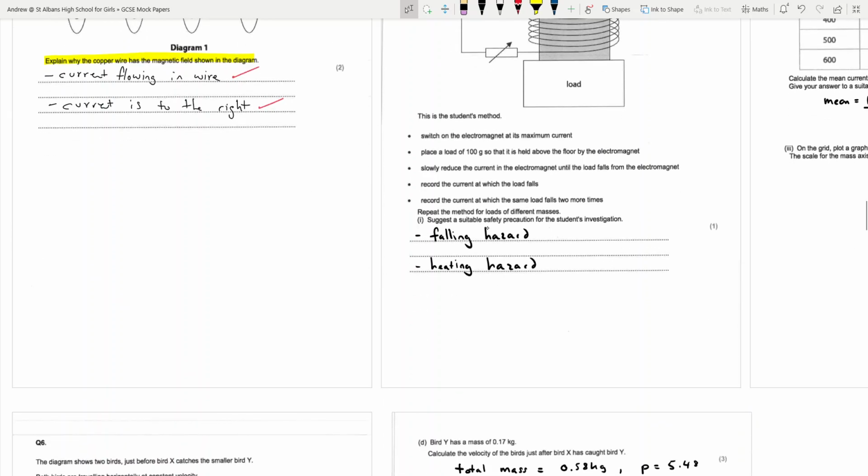Okay, so falling hazard is you could not have feet underneath. Okay, some idea that something could hurt you if it fell on you, or it could damage the floor. You might put some soft materials down. Heating hazard, the coil might get hot, so you could wear gloves. Okay, you are basically giving something that would indicate that you're aware these are the hazards. Very bland things like